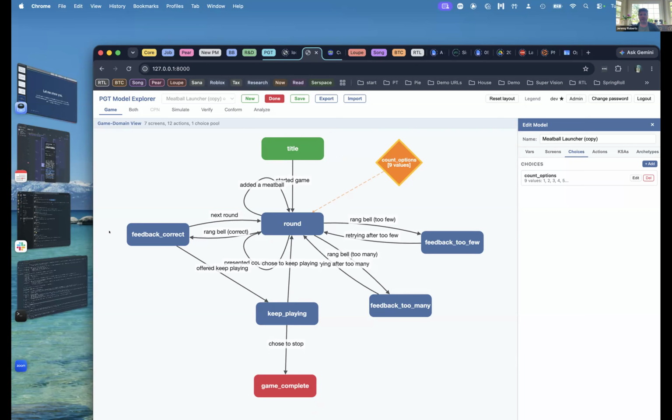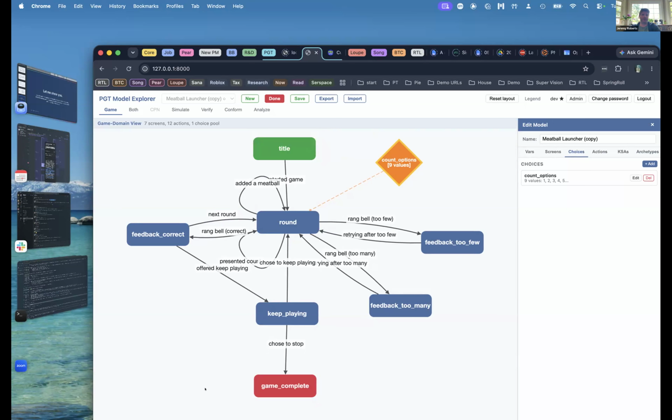So it's a very simple game, but relatively easy to represent in this system and relatively easy, I think, to visually grok. And now, does that scale to large real games? I don't know. And that's one of the main questions I have, which we'll also get more into a little bit later. But here is Meatball Launcher in the game designer vocabulary, if you will.